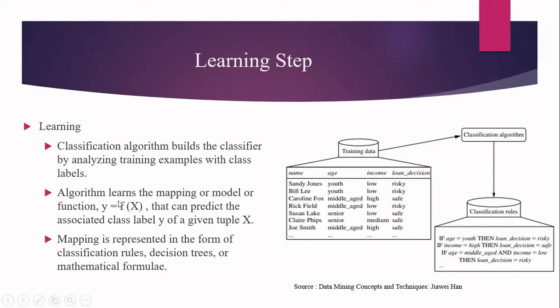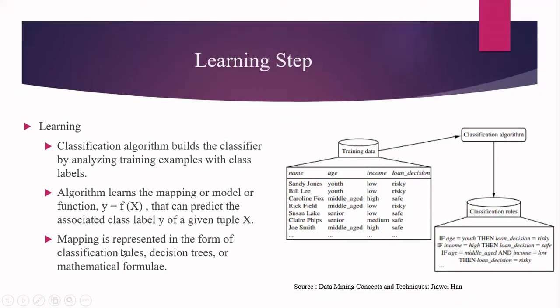For that, I need the function f. Here, x is given in this example, y is also given in this example. What is not given is the function f. So your aim is, the input is given, the output is also given. You have to learn how you got that output from the given input. That is, the mapping function should be learned by the algorithm, and that is called the function f. You can represent this mapping either in terms of classification rules, or decision trees, or mathematical formulae. Anything you can use. Now we are going to use the decision tree for writing this mapping function.